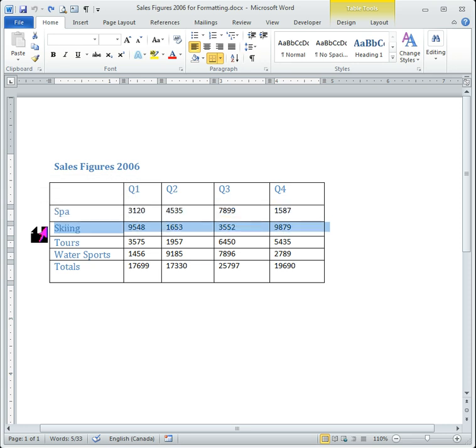You can also left click and hold and drag, and you will be able to select more than one row at a time. You can select an entire column by moving your cursor over the top border of the column until the cursor turns into a solid black arrow pointing directly down. You can left click to select that, or left click and hold and drag to select more than one